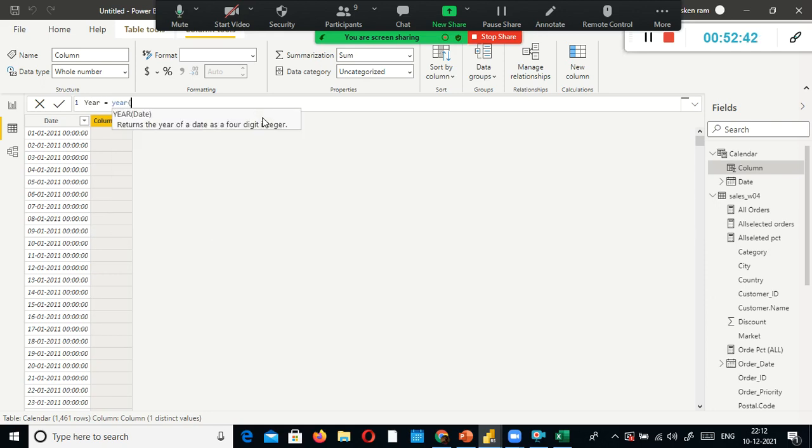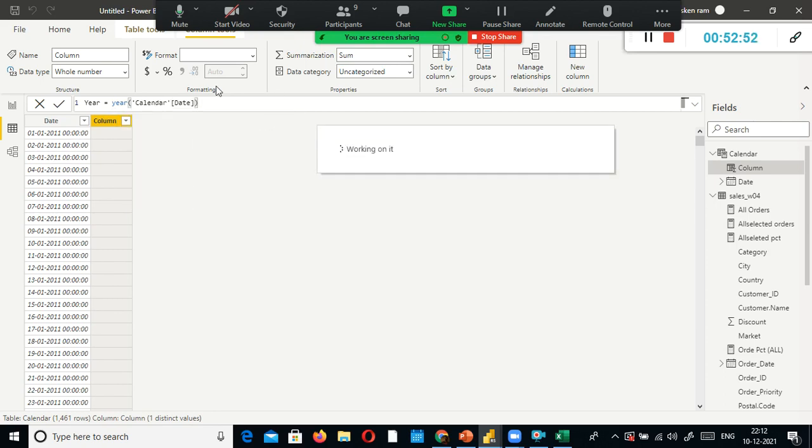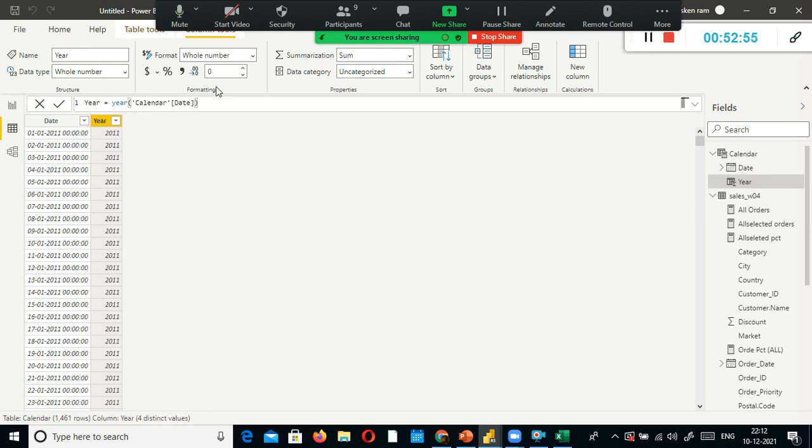A year function is available, so we will specify the calendar date, and in this first column we extract the year.